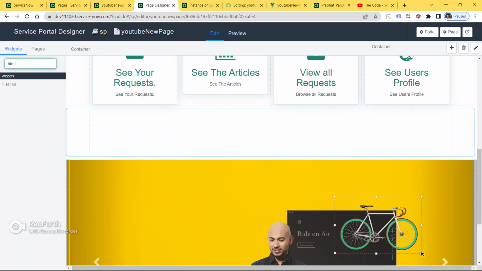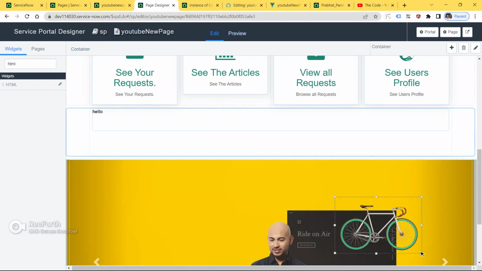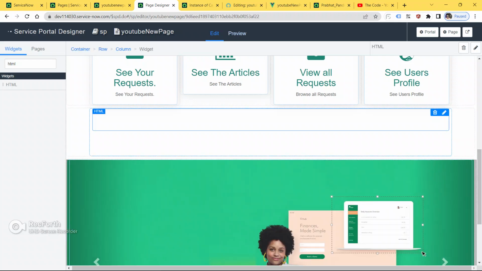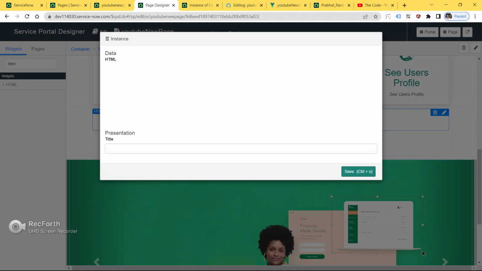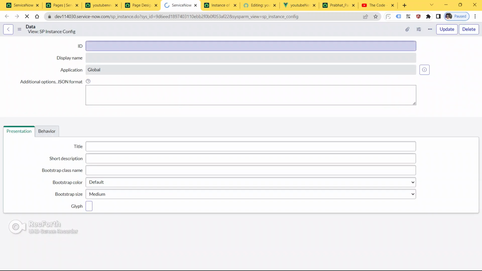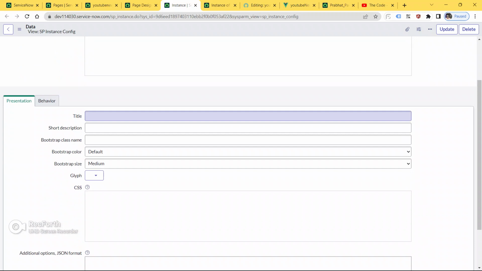Now we will choose our 12 row. Now we will search here HTML. We will drag it here. Click on the pencil icon to add or edit, and click open in instance. Give the ID text or slider text.